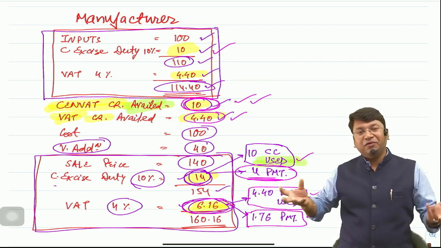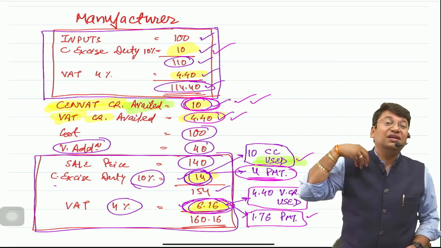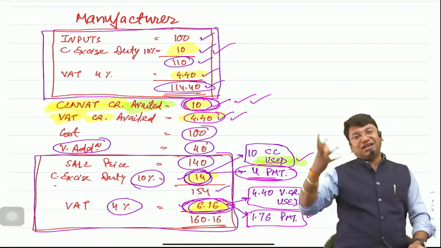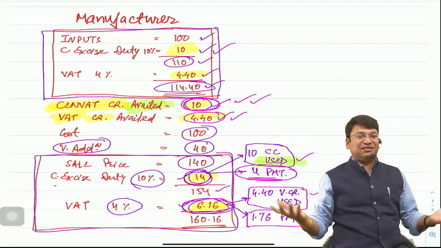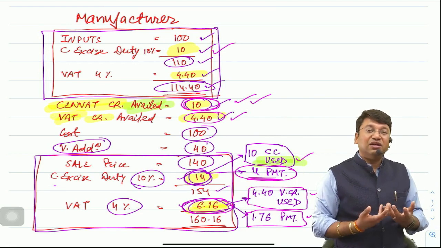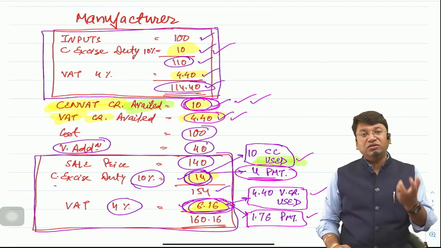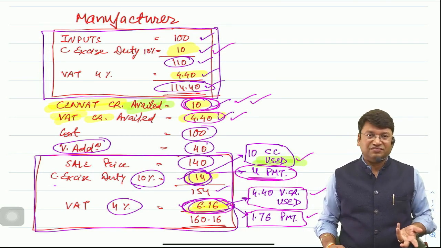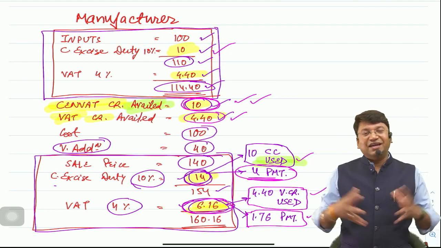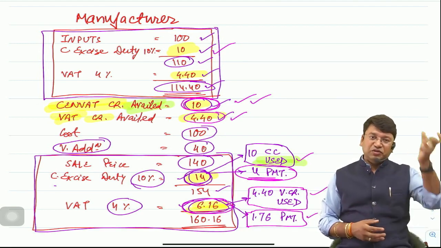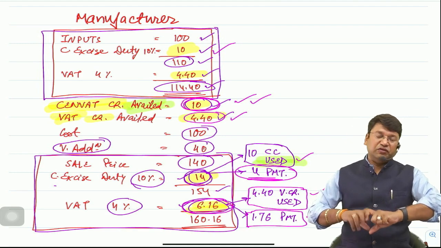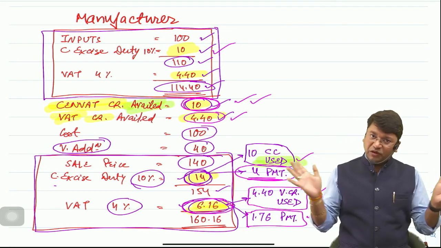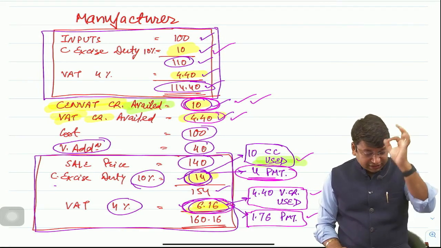In the same way, VAT credit cannot be used for SENVAT liabilities, central liabilities. Clear? Because both are two different taxes and two different governments. Amounts are paid to the different governments. So SENVAT credit can't be used for VAT liability, and VAT credit can't be used for SENVAT liability. I hope you are getting the point. Okay, sir. Now,